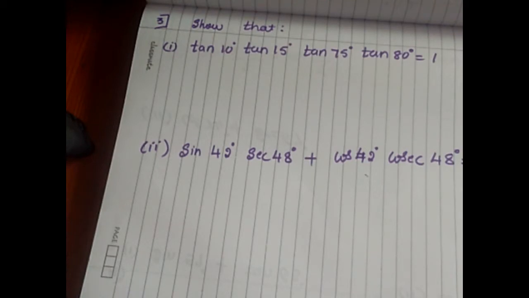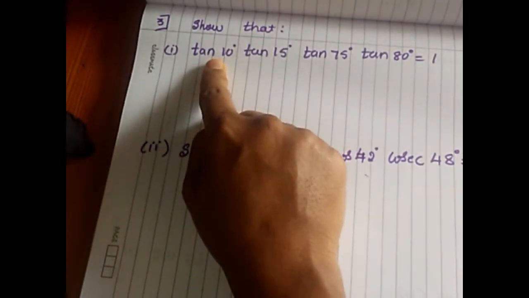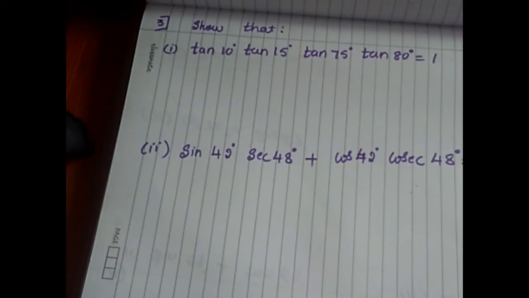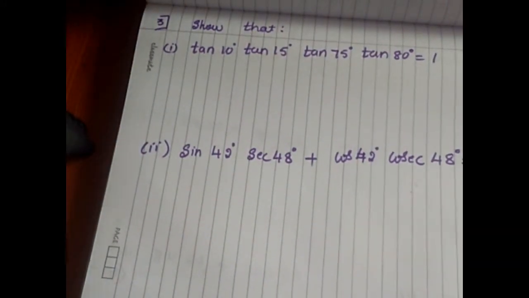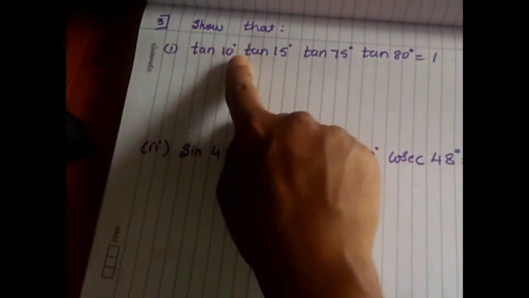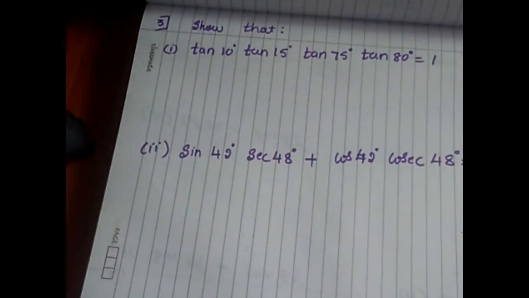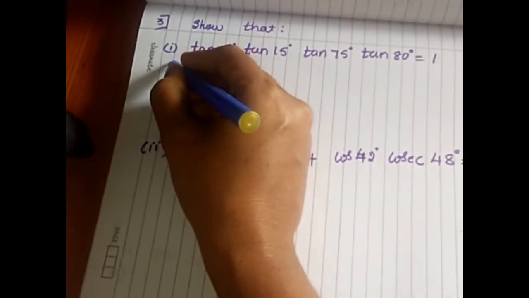Here, the first question is tan 10 tan 15 tan 75 tan 80, which simplifies to get 1. So you have to think a little bit in a smart way. All the tan complementary ratios convert to cot. If I convert to cot, there is no chance to simplify, because I need to get 1, and here I have the product sign. All should get cancelled so that I get 1. So what to do? Here is your clue, children.